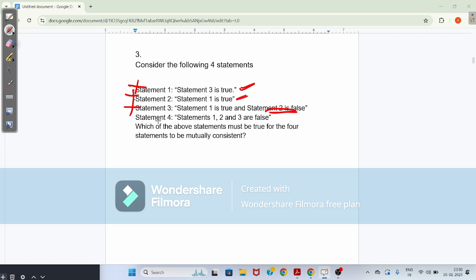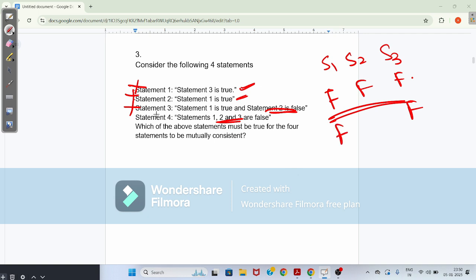Now what is statement 4 saying? Statement 1, 2, 3 are all false. Statement 1, statement 2, statement 3 are saying this is false, this is false, this is false. So no paradox has been formed here, which means statement 3 is false. Statement 2 is saying statement 1 is false. Yes, this is also false. Statement 3 is saying statement 1 is false, which means false, and statement 2 is also false. So all three statements have been formed false here. So what is the correct statement? Statement 4 is true.